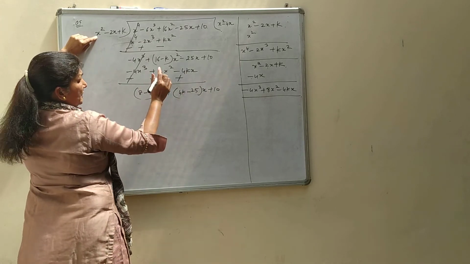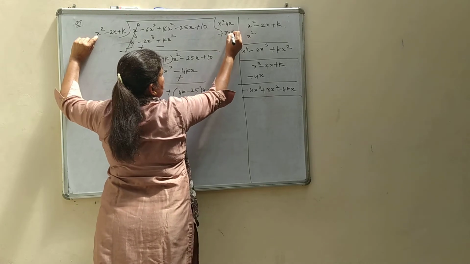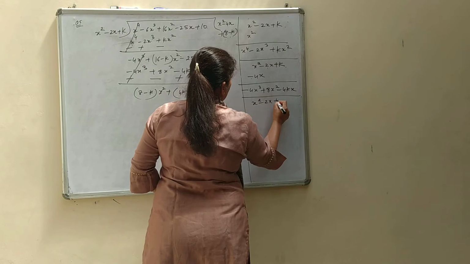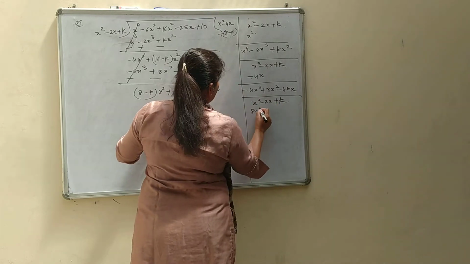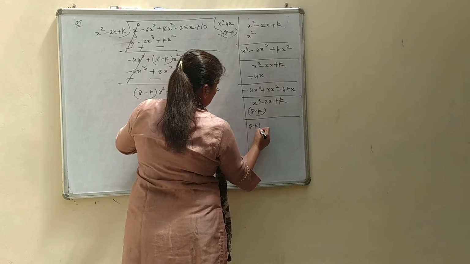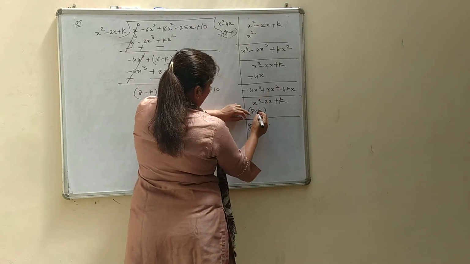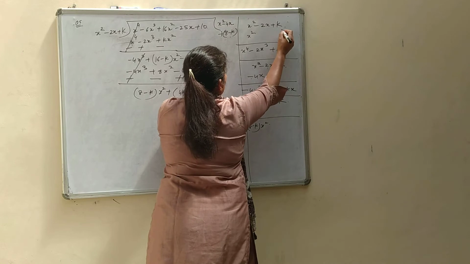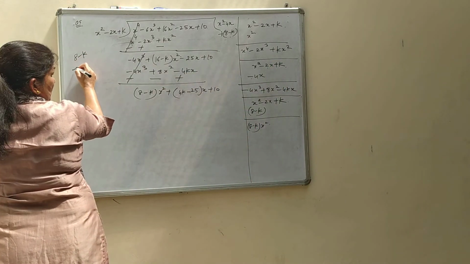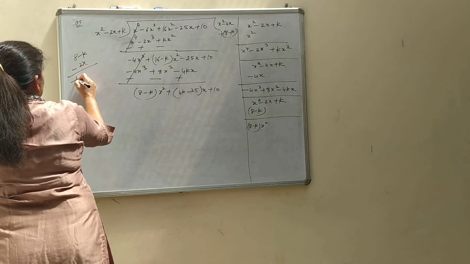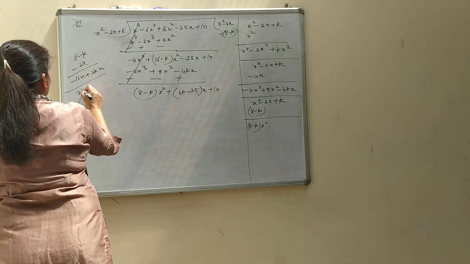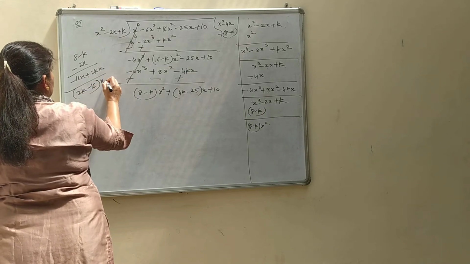Now we will multiply it by 8 minus k. This step, look very carefully. This is the main step in this question. We will multiply it by 8 minus k. 8 minus k into x square. 8 minus k into minus 2. In the rough work again, you can multiply 8 minus k into minus 2x, minus 16x plus 2kx. We can write it 2k minus 16 by putting x as a common.